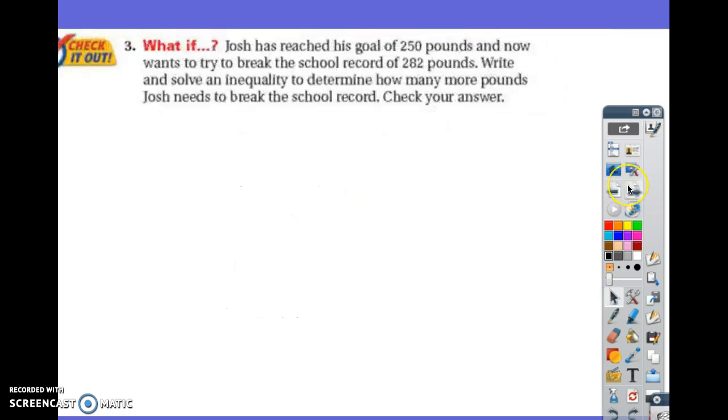All right, next. Here's a what if. Okay, so Josh has reached his goal of 250 pounds and now wants to try to break the school record of 282 pounds. Write and solve an inequality to determine how many more pounds Josh needs to break the school record. All right, so let's talk about this. So he has already reached his goal of 250 pounds, right? And he wants to break the school record, which is 282 pounds, okay? So whatever he adds to that, the amount of pounds that he adds to 250 is going to have to